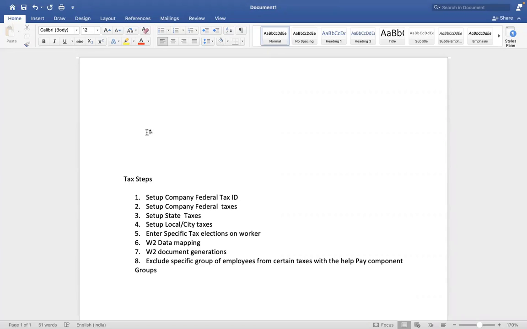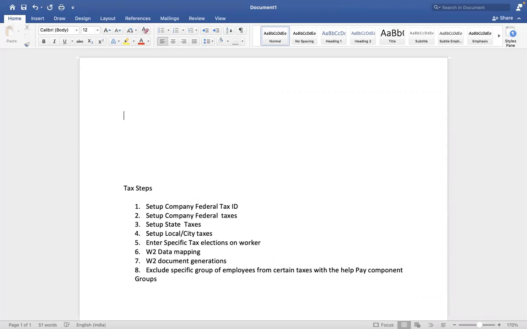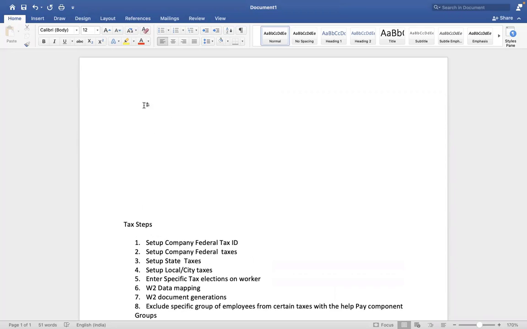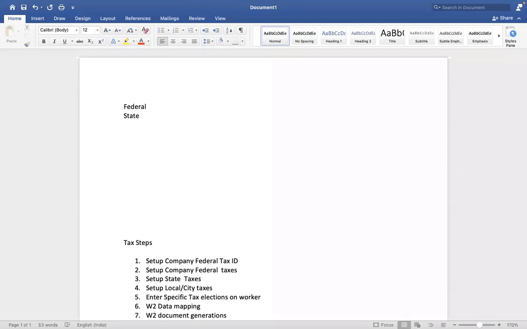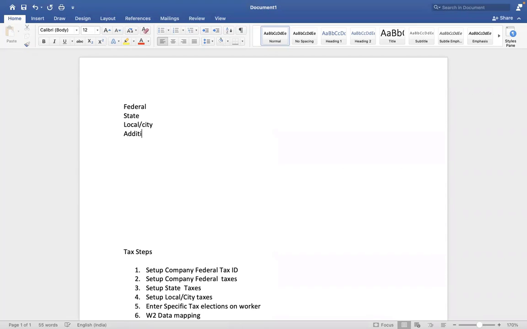Okay, so before that, few things. In the US, we have different types of taxes: federal, state, and also local, or sometimes additional taxes as well. What are federal taxes? Who owns and governs them? Federal taxes, which include OASDI,